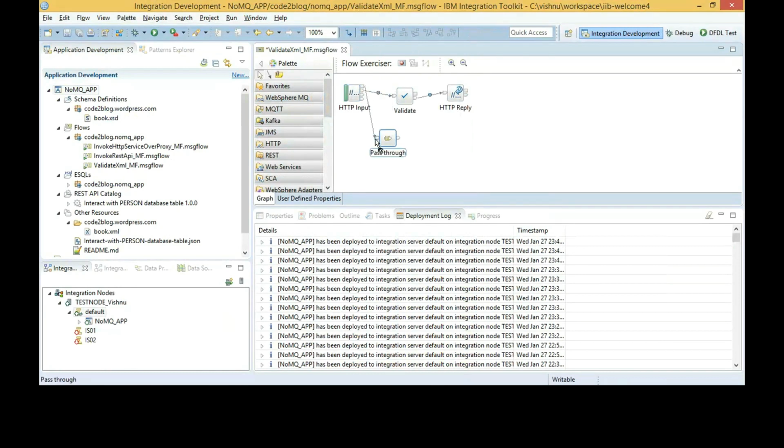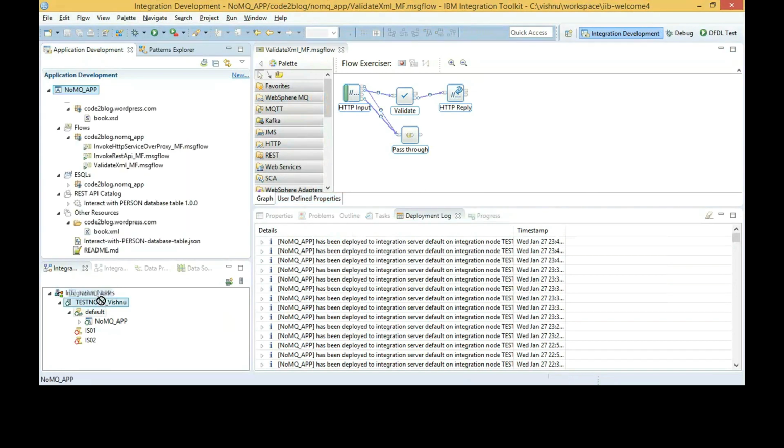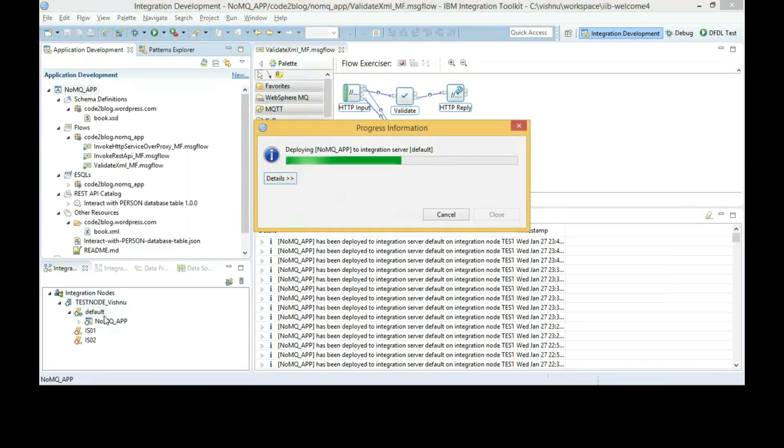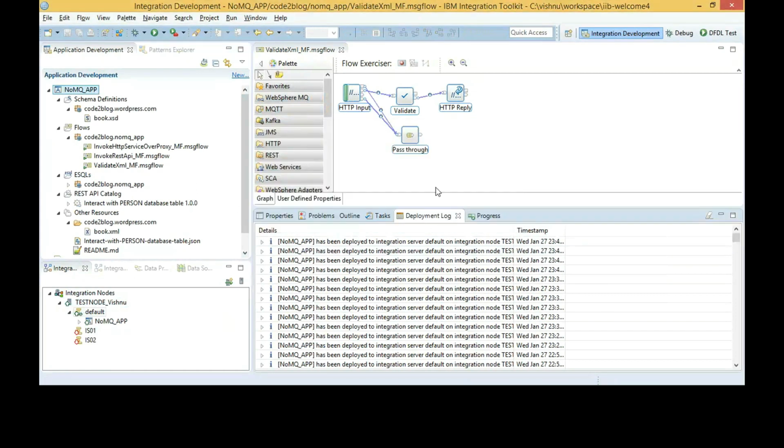Now we connect pass-through node so that we stop the error and look at the contents at breakpoints. Deploy, test again.